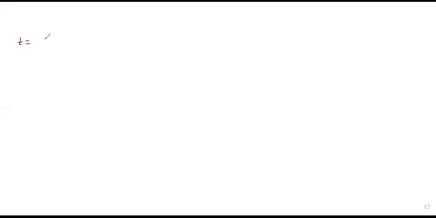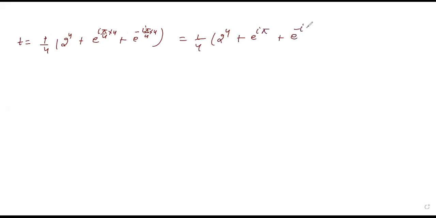The T will be 1 by 4, 2 raised to the power 4, e raised to the power iota pi by 4 into 4 plus e raised to the power minus iota pi by 4 into 4. So that will be 1 by 4, 2 raised to the power 4, e raised to the power iota pi plus e raised to the power minus iota pi. That will be cos pi plus iota sin pi